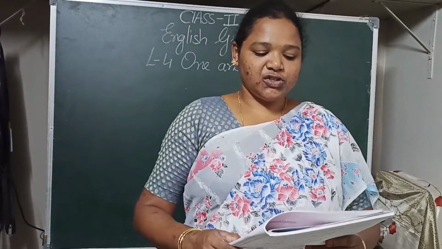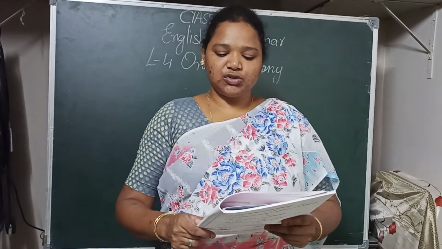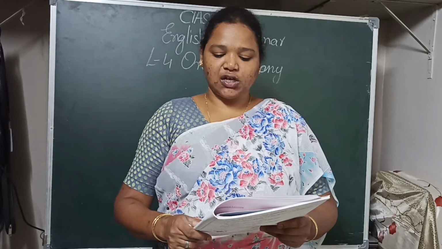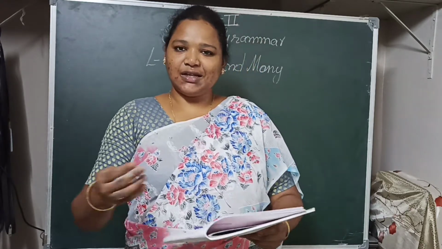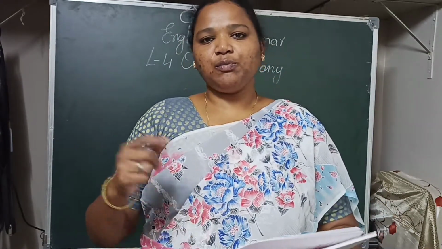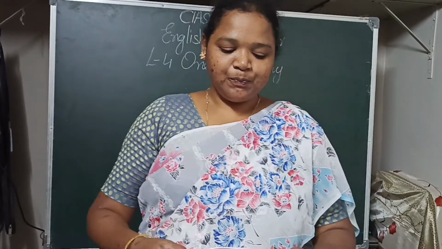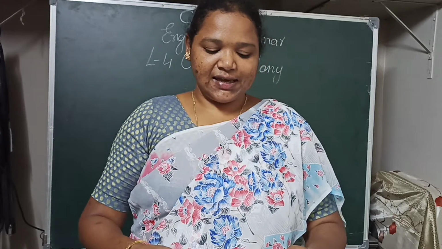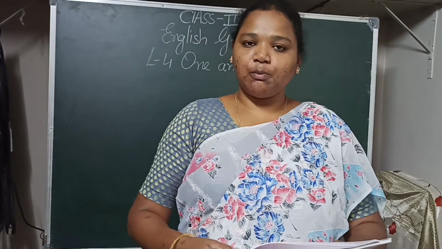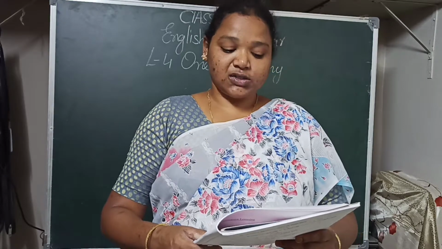Next one. Formation of plurals. You already know that we add s to a noun in the singular number to change it to its plural form. Now let us learn a few more rules of changing nouns to the plural number. So there are some more rules in this lesson to change a singular noun into a plural noun. Okay. So what are those rules? Let's learn that. Nouns ending in s, x, sh and ch change to plural forms by adding es. Examples: bus, buses, box, boxes, bush, bushes, watch, watches.